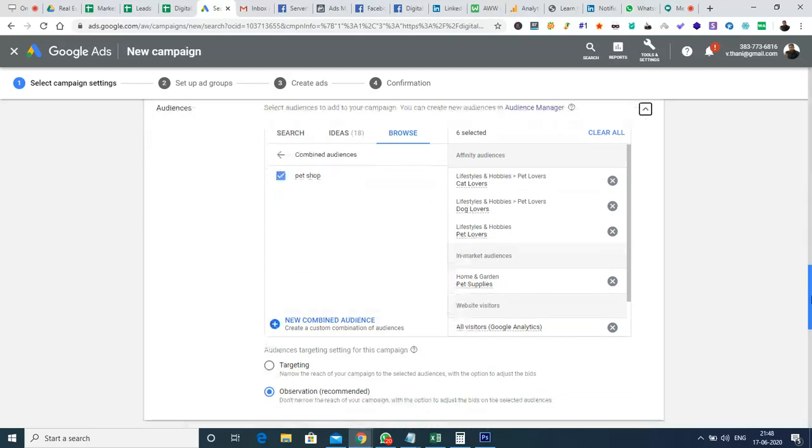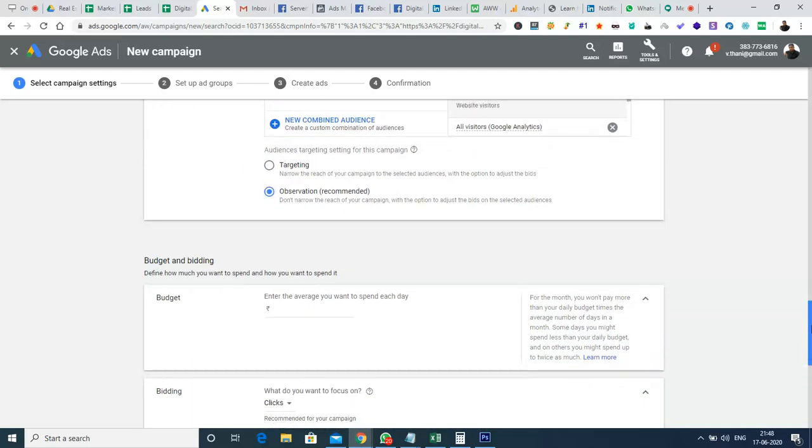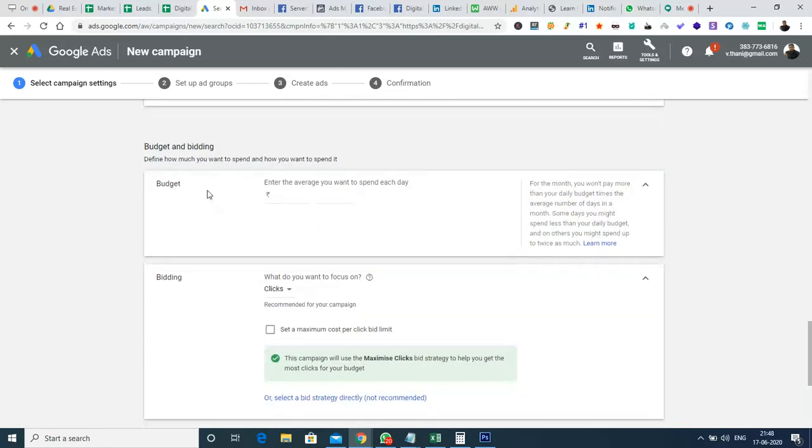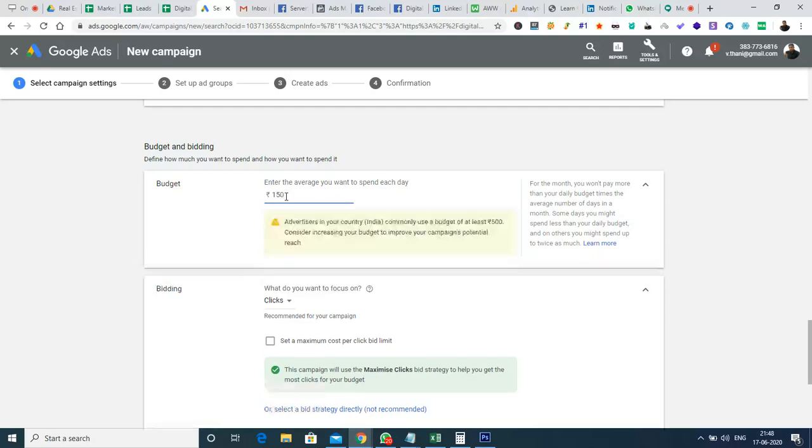Once it is done, then we have the option called budget and bidding. In this budget, I'm going to provide 150 rupees, considering that each day I can spend